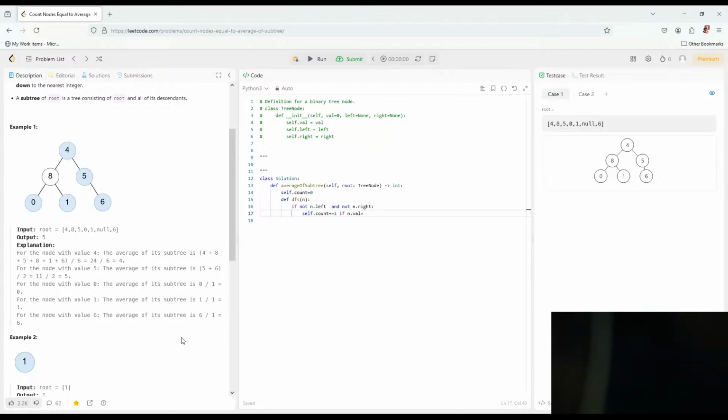6 divided by 1. It's average no matter what. So 1 is 1. So it will be 1, 2, 3, 4, 5, 6. 5, because this doesn't work. 5, it's 2, 5 plus 6, 11 by 2, it's 5. Okay, so